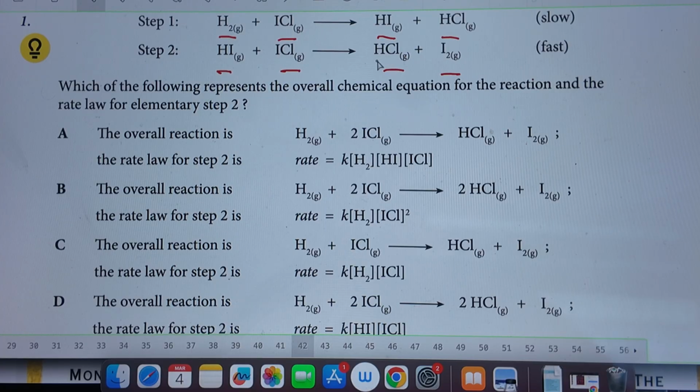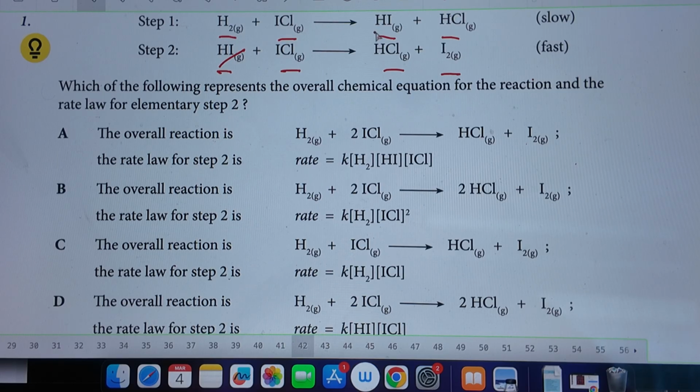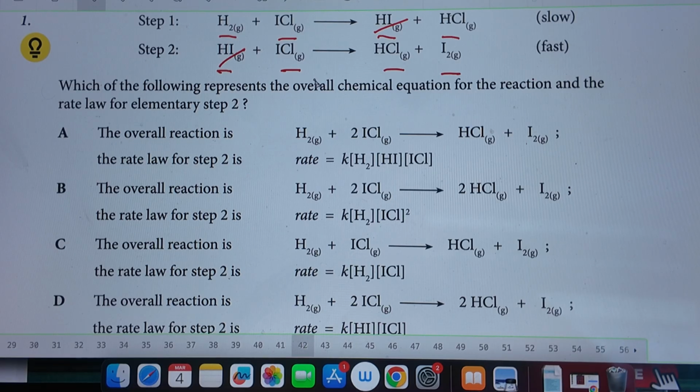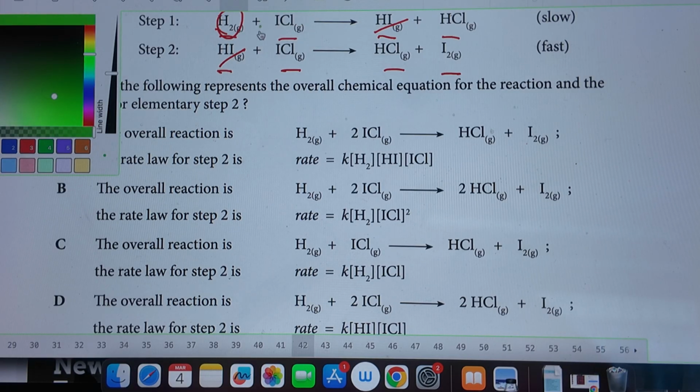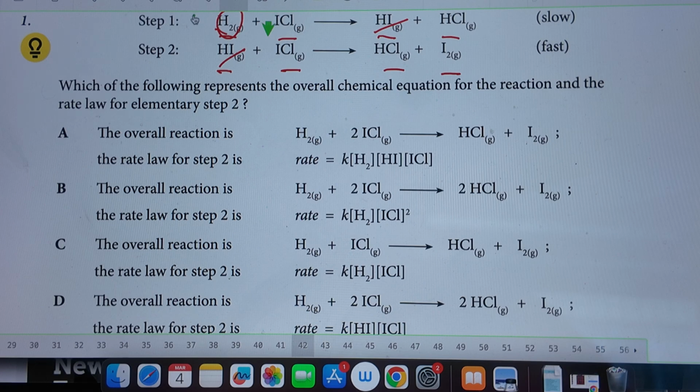So HI is produced on step 1, but it is also in step 2, so it cancels. And is there anything else? That's all. So we're left with H2 plus 2 ICl,